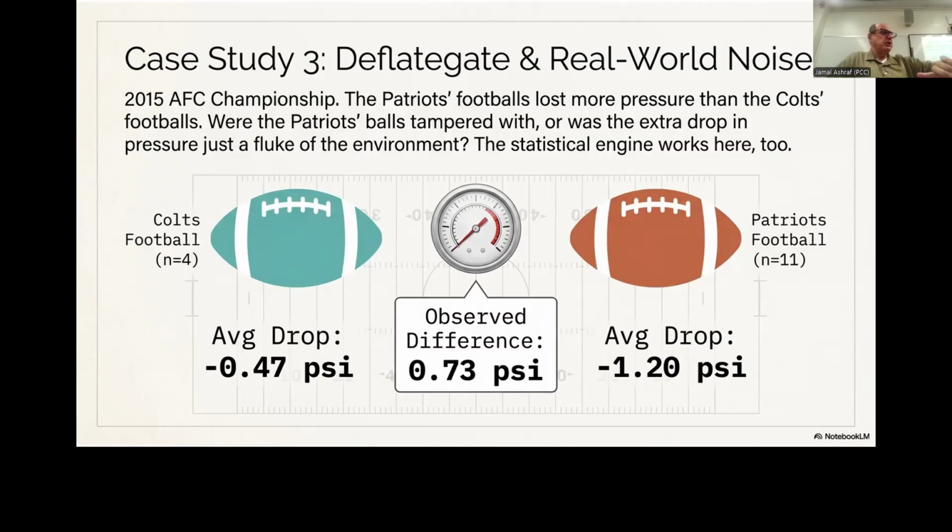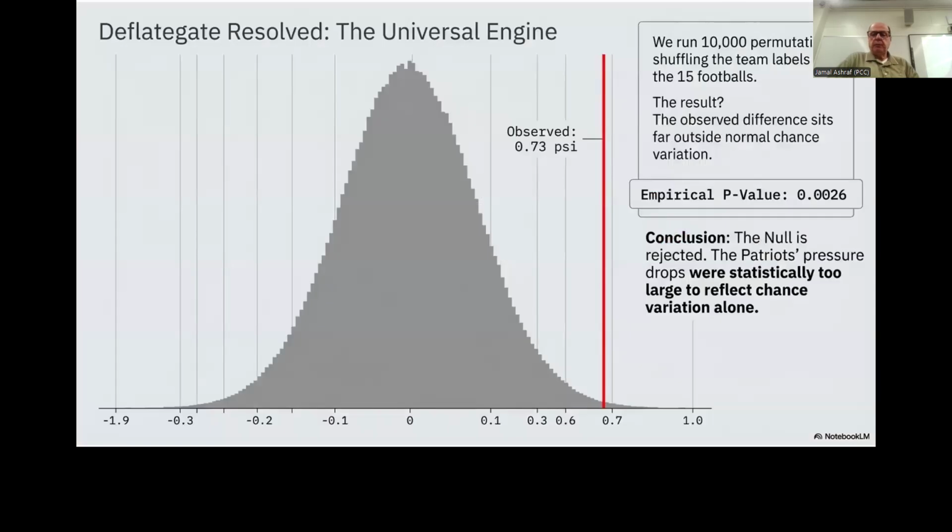If we want to know if it's by chance or not, what do we do before? We want to create a null hypothesis that says if we randomly have balls and we pick from them, there is a possibility that we would have an average difference of 0.73 psi. Is that true or wrong? Okay, so that's what we want to do.